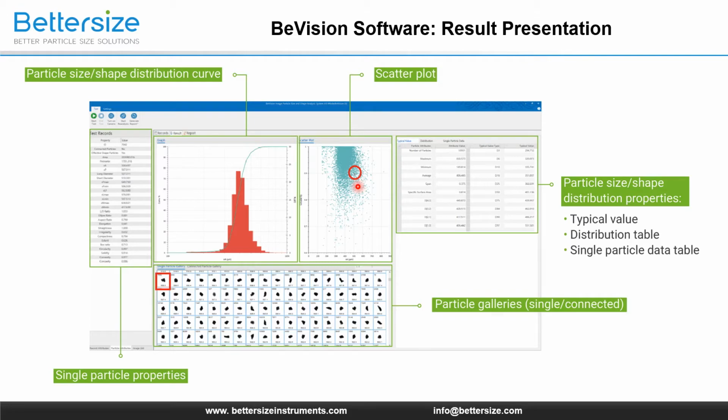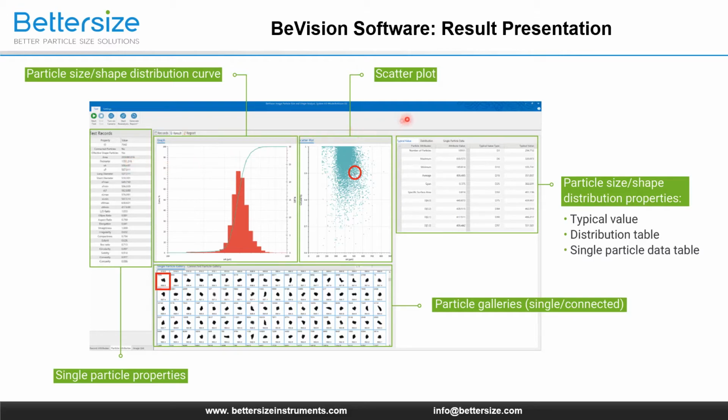When we select a particle, its properties will be displayed here in the single particle properties chart. The properties include the ID, area, perimeter, diameter, and shape parameters. More importantly, we would like to know the typical values of the PSD.